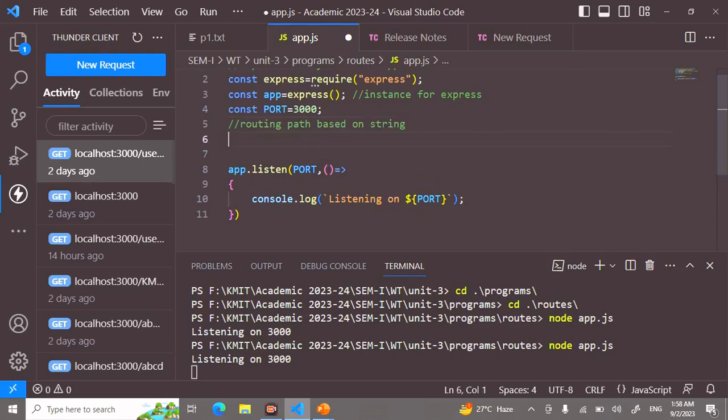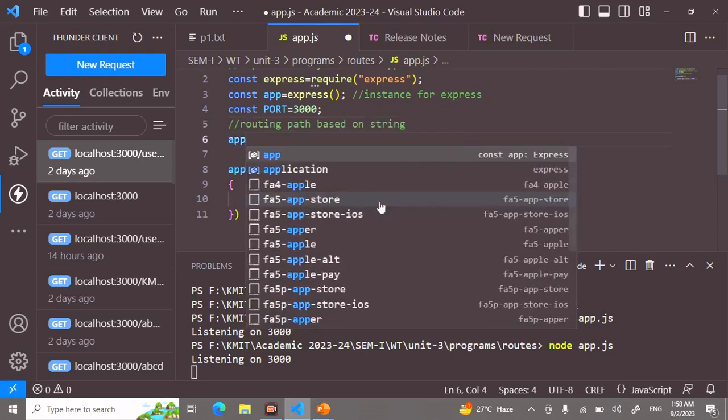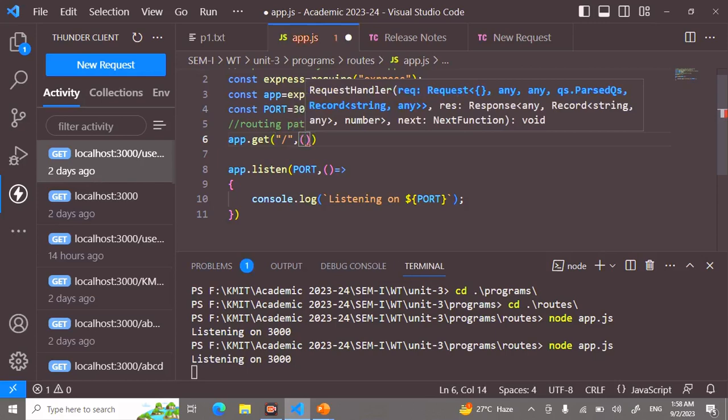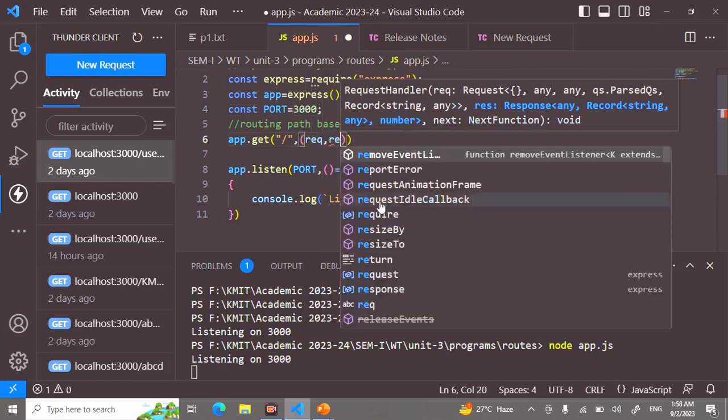First I'll go with the root: app.get. So this is the root one. If you are not specifying anything here, it will be treated as root only. Request comma response,